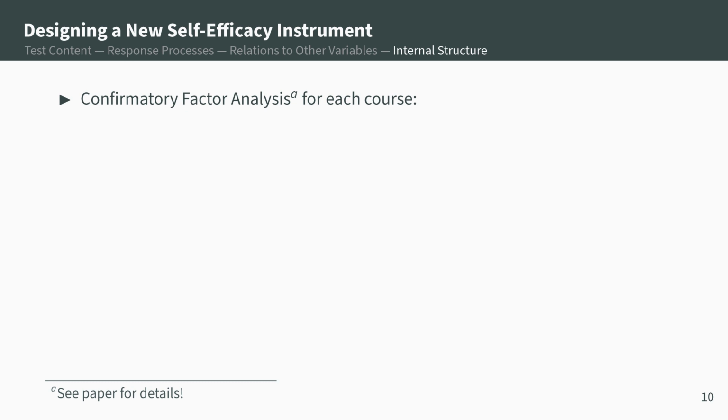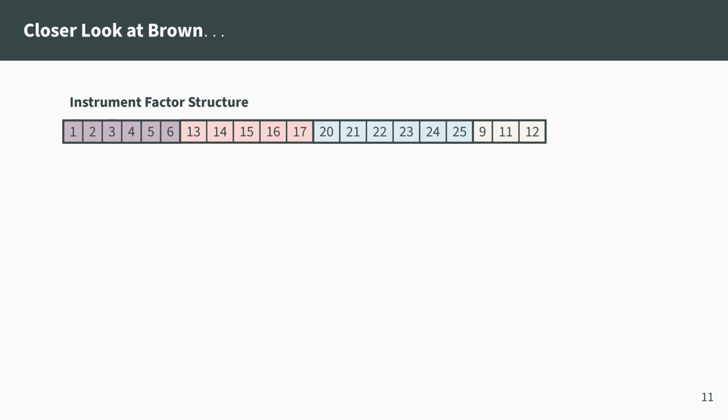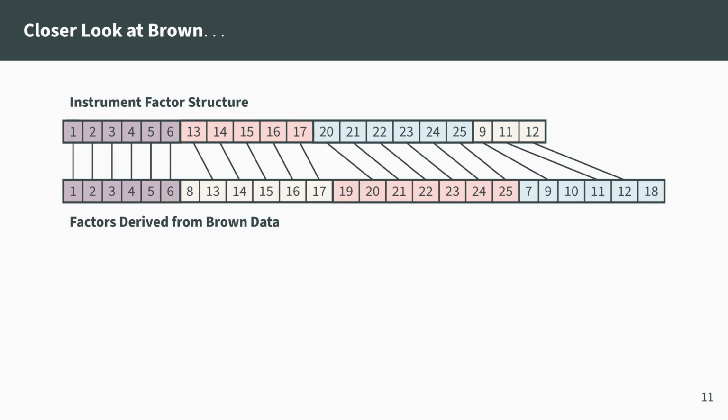Numerical values obtained from confirmatory factor analysis showed superior fit for both Toronto courses, but, judging by the numbers, the fit for Brown appeared to be less good. Let's have a closer look why this is the case. As we did previously, we used an exploratory factor analysis to compare both factor structures and visualize the differences. This time we see no crossing lines. The EFA shows almost the same factors. The picture gets even clearer when you remove the previously dropped items from the Brown factors.